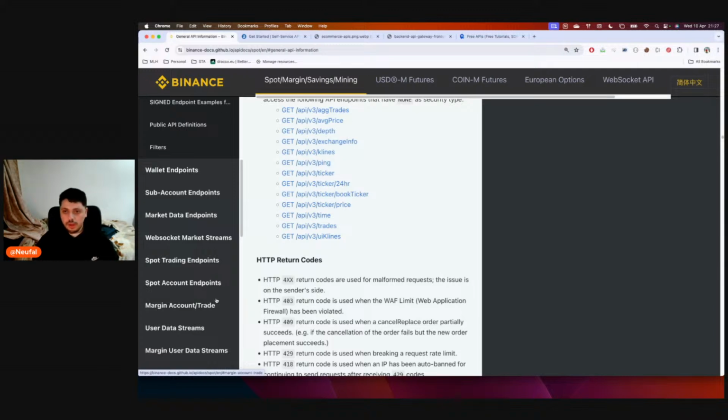Because probably you know Binance. It's a cryptocurrency exchange. So basically, there's a bunch of security things. For example, you need to make requests from specific IPs, because you have to manually register the IP you're making the request from. Imagine that someone steals the API key and secret from me.